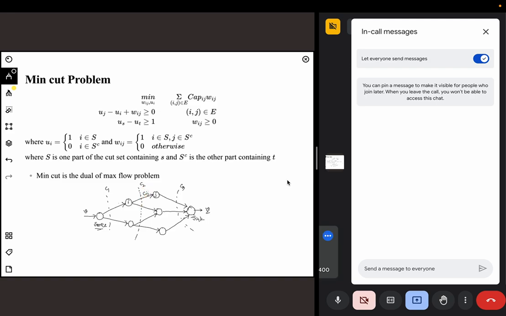If I cut this one also, let's put some numbers. This is 0, 1, 2, 3, 4, 5, 6. So if I make cut 2, the loss I'm incurring is C13 plus C14 plus C24 plus C25. So this is the capacity loss I'm getting by cutting through C2. Similarly, if I cut through C1, then it will be C01 plus C02. So out of all these different cuts I can make, what is the cut that will give me the minimum loss in the capacity? And to solve that problem,